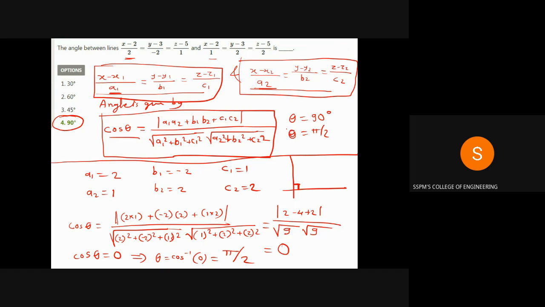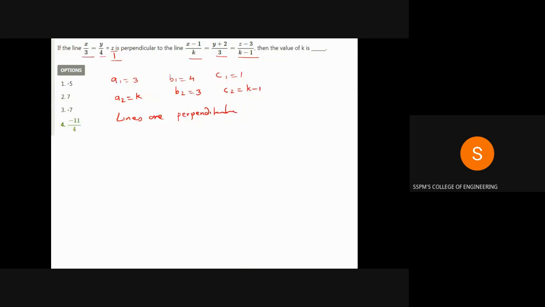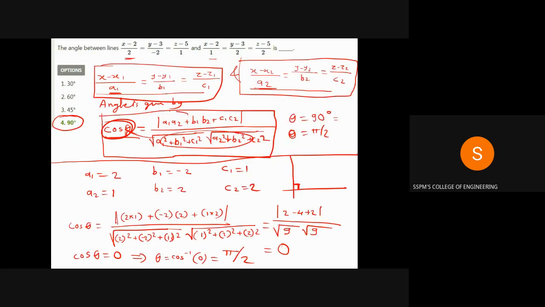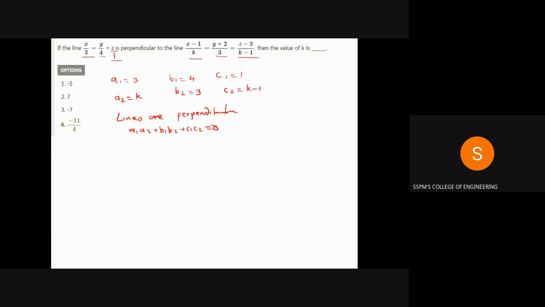So when the lines are perpendicular, theta is equal to 90, which means cos of theta is equal to 0. So this part will become 0. If you multiply this part here, it will again become 0, and we will simply get a1 a2 plus b1 b2 plus c1 c2 is equal to 0. Only the numerator will be equal to 0 because cos theta is equal to 0. a1 a2 plus b1 b2 plus c1 c2 is equal to 0, which implies that if we put these values,